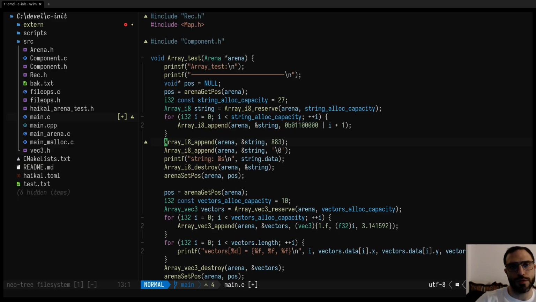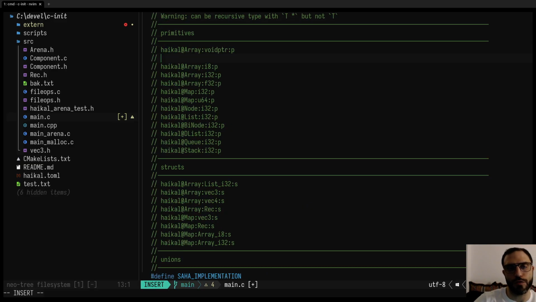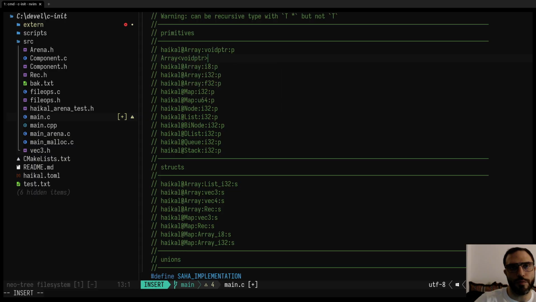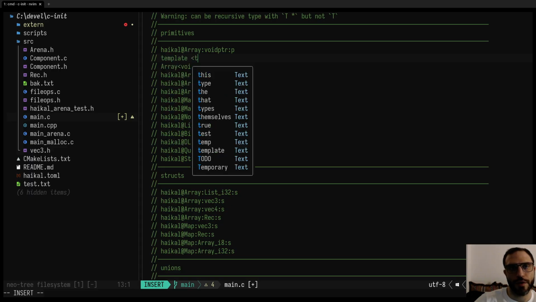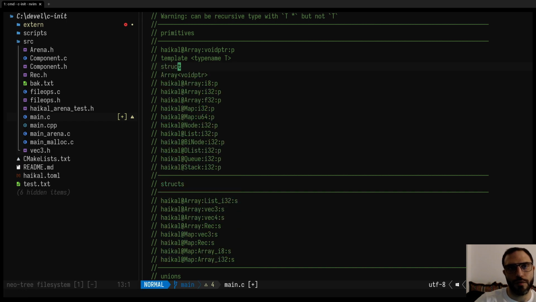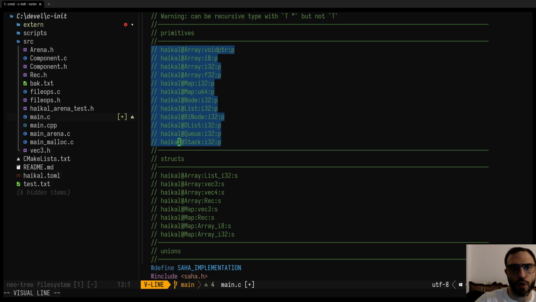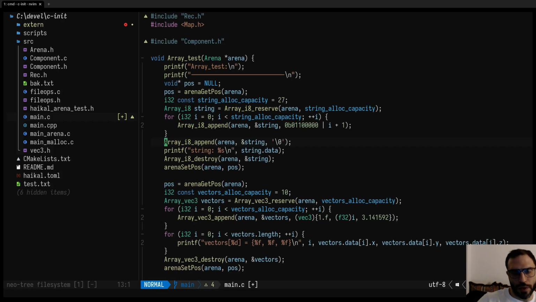This is the C generic monomorphizer. So here, this is equivalent to saying array void ptr. This is how you instantiate the template, and this is the template type name T, and then struct whatever. So I have a code gen that reads this code and generates code. I'm not gonna go over that in this video. Anyway,